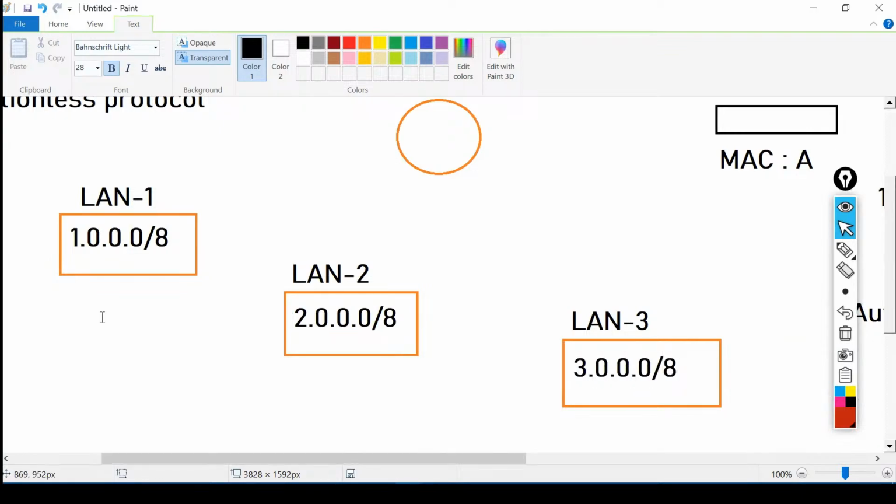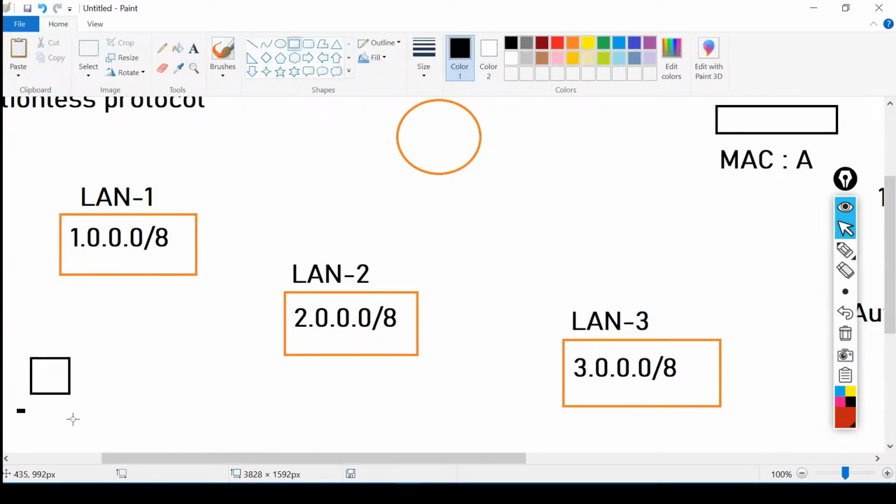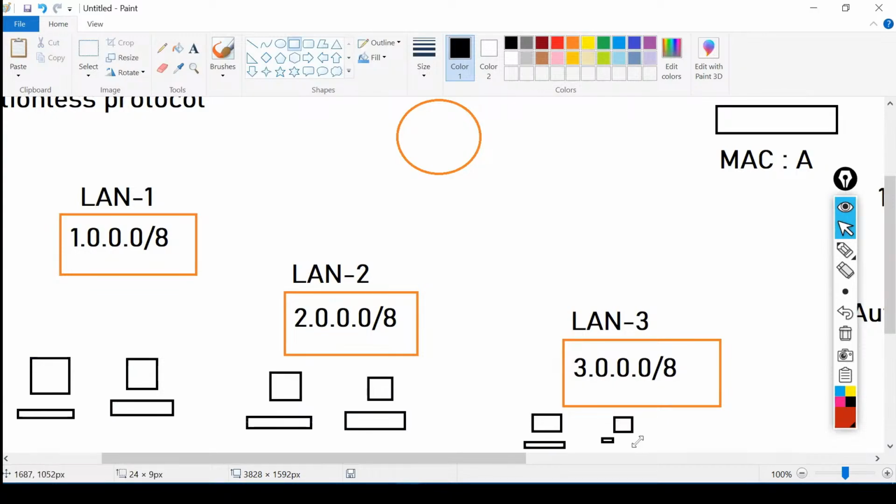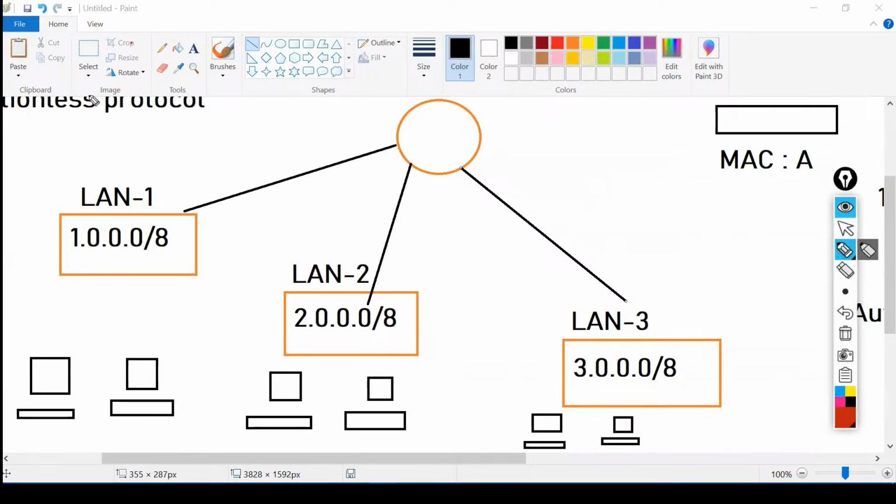So from this pool, the user will get the IP addressing. And all these pools are present on a single router virtually. And these pools have to be defined by the network admin.